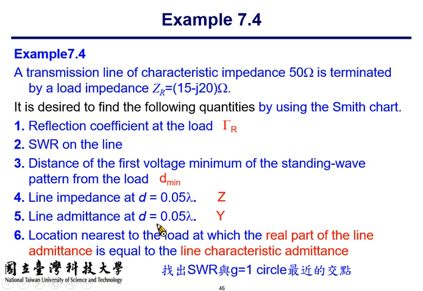Y equals 1 over Z. So the normalized admittance is also equal to the inverse of the normalized impedance. And because we are working on the Smith chart, which draws everything in terms of normalized impedance, we simply find it. And we already know from last week's lecture that the product of Z and